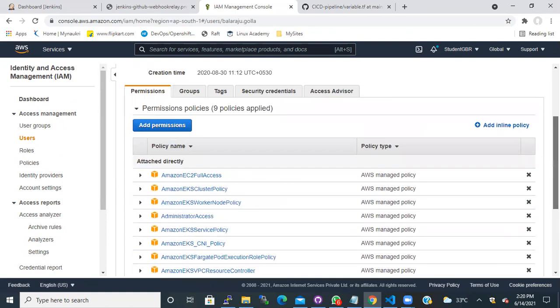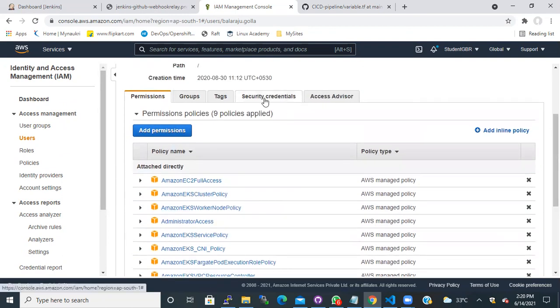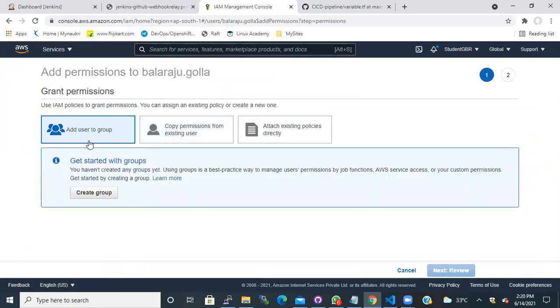Again, in a similar way, if you have something that you want to add, additional permissions, you just need to click here, and you can add a user to a group if you have any. In this case, I have not created any groups, but in a real-time environment, you will all have different groups. For example, let's take the DCOM team. The DCOM team has a separate DL, the security DL, which will again have separate permissions.